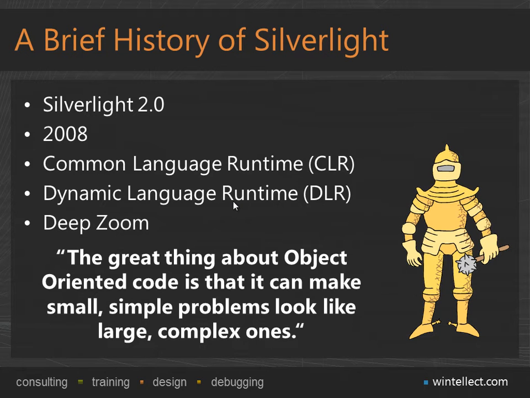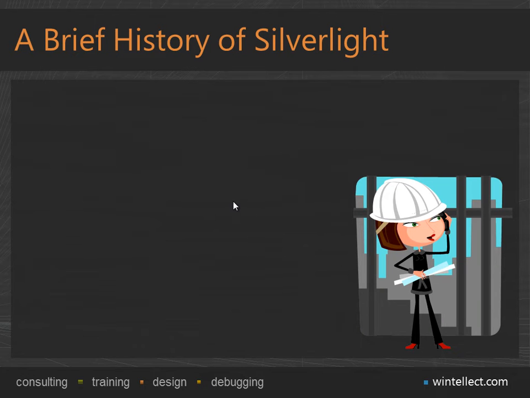So it can take small, simple problems and make them look like really large, complex ones. Because now we have everything. We have the .NET framework in the browser. So I say for version 3.0, that's when we really put our hard hat on and got to work. So this was when Silverlight reached a level